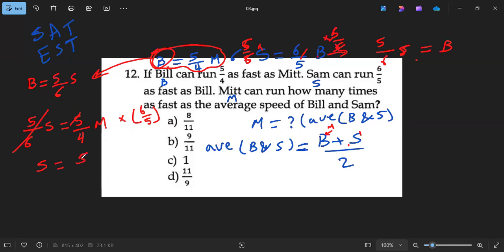So 5/4 multiplied by 6/5 of M. Now we have S equals 6 quarters M, or 3 halves, but it would be better because we have everything in terms of quarters here. Just plug in here and you will be sure about what I mean. B in terms of M